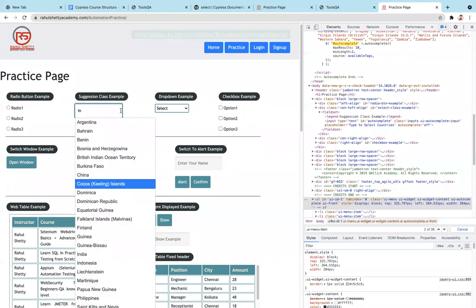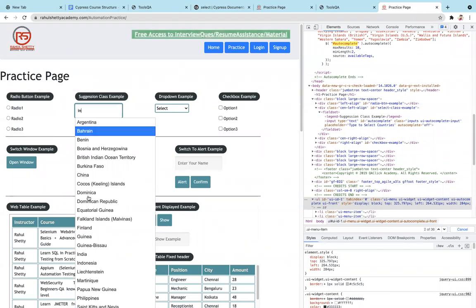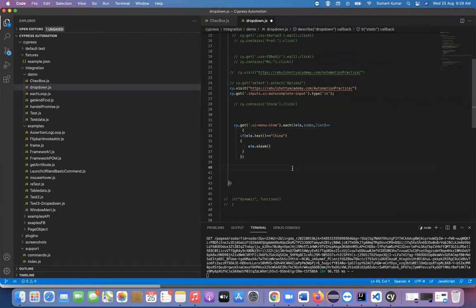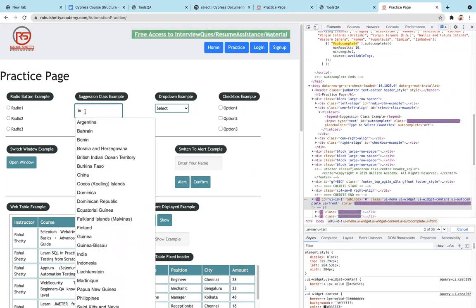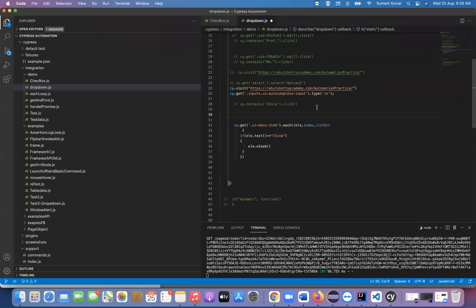But before, it tried to figure it out in the complete DOM, and after that tried to click. So might be because of that the issue was there. That's why sometimes it works, sometimes it does not. It's not about the dropdown, it depends on the value. Here, if I search Benin, it was working fine. So Benin will always work. It's not like one time Benin will fail and one time it works. If any text is working, it will always work.